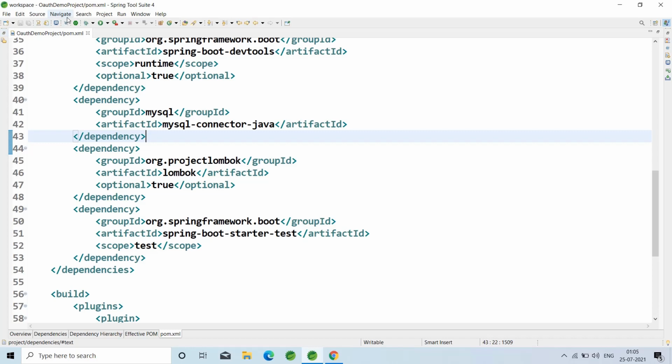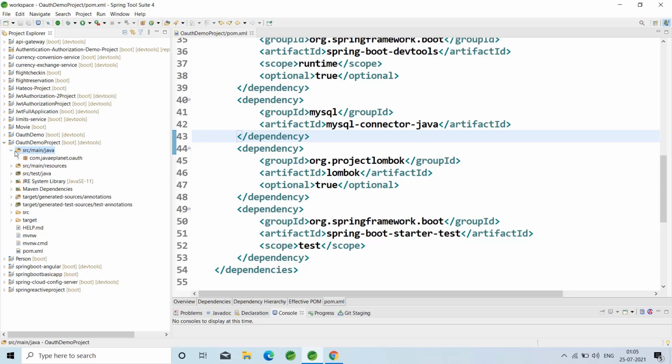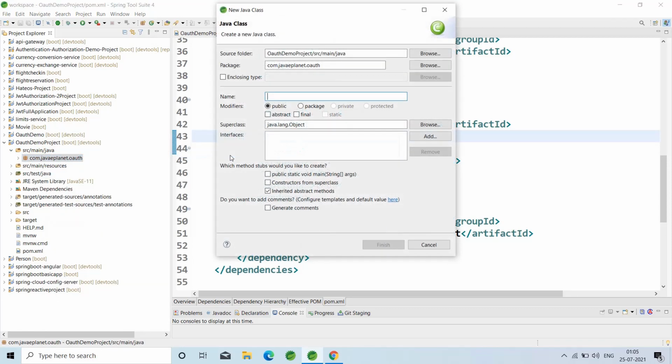The first thing we will do is create the controllers. Right click, new class, keep that in the controllers package.